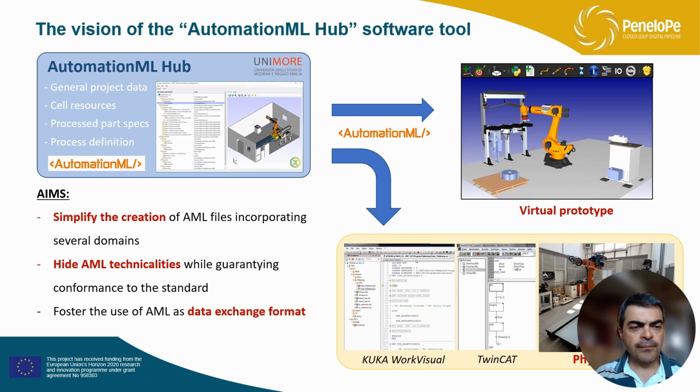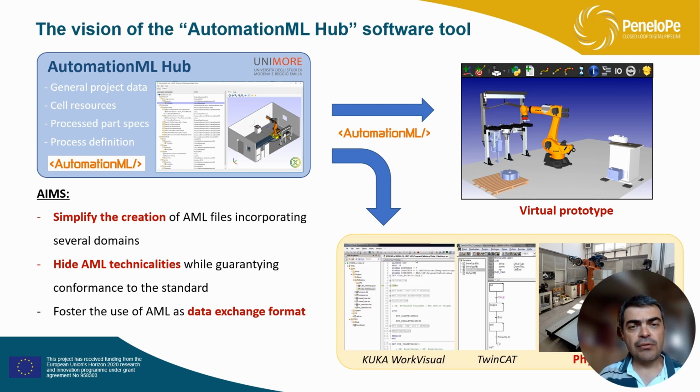So the idea is to simplify the creation of the file, hiding the technicalities of the language. We have seen from the previous slides that we need to know several details about how the XML file is composed, the attributes, the role classes, and so on. We think that this is quite specialistic knowledge that should be hidden in a software system making use of automation